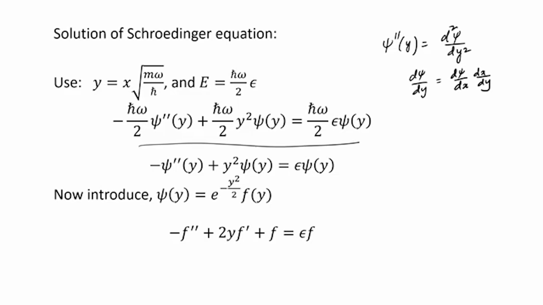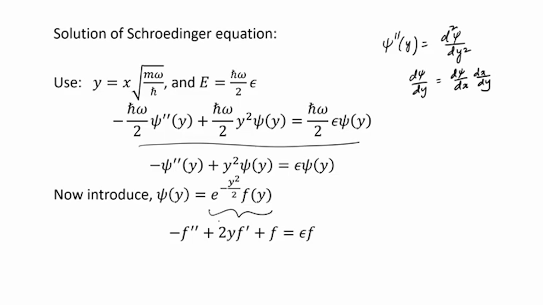and you can cancel h cross omega by 2 from everywhere because it is not equal to 0. So, you get an equation which is psi double dash y plus y square psi of y equal to epsilon psi y. And if you further introduce this new variable f of y instead of psi of y,